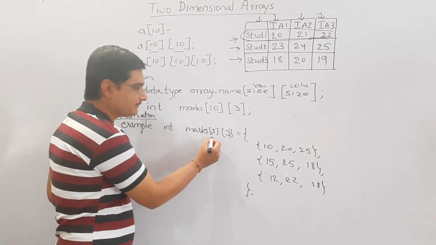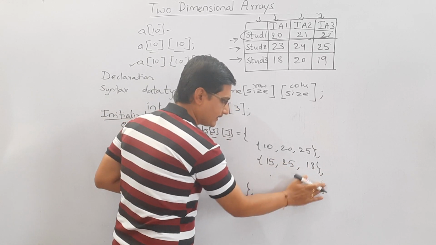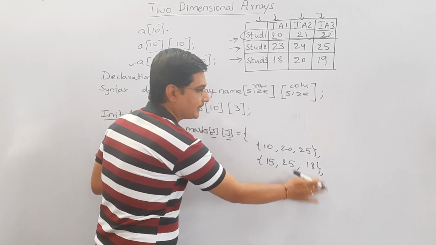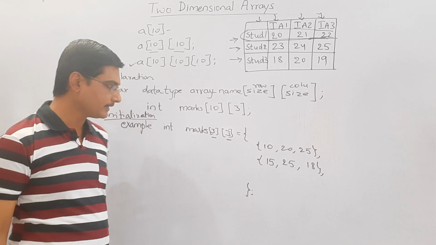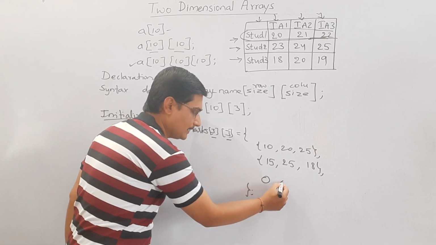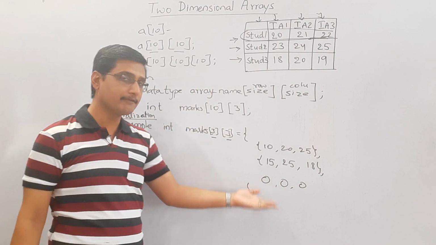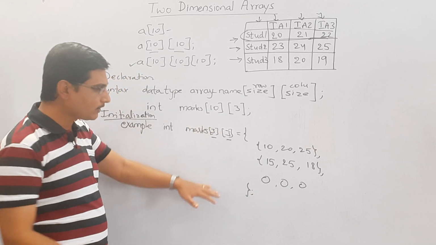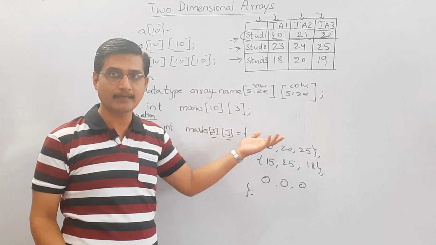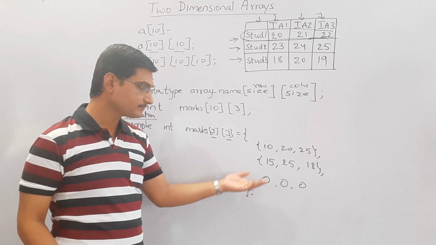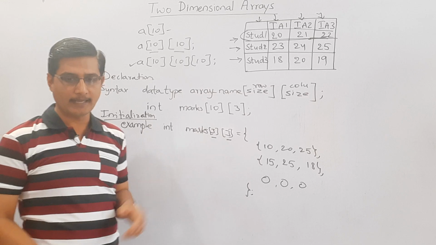Say you have declared it as 3 rows and 3 columns, but you don't know the third row items, then you can leave it. That will not be a problem. But if you want to access the elements of the third row, whichever column it is, those will be initialized to 0 by default. If you have not initialized it at all, and you just want to access the item without assigning values, then there will be junk values. But if you have initialized part of the array, then the remaining items will be 0.